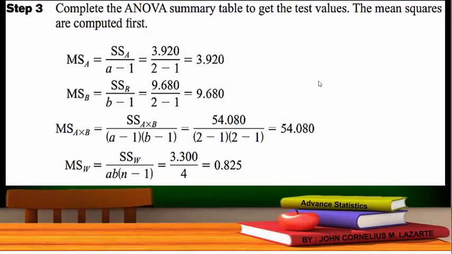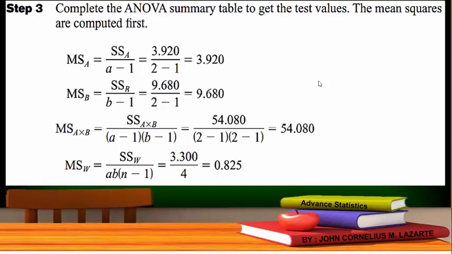So for step 3, we have to complete the ANOVA summary table to get the test values. The mean squares are computed first. The mean square of the first factor A is obtained using the sum of the squares of factor A divided by A minus 1. By substituting the values, we get 3.920. Next, the mean square for the factor B is obtained using the sum of the squares of factor B divided by B minus 1. Substituting the values, we obtain